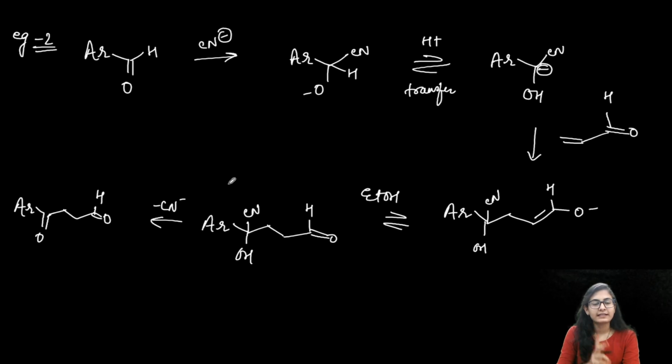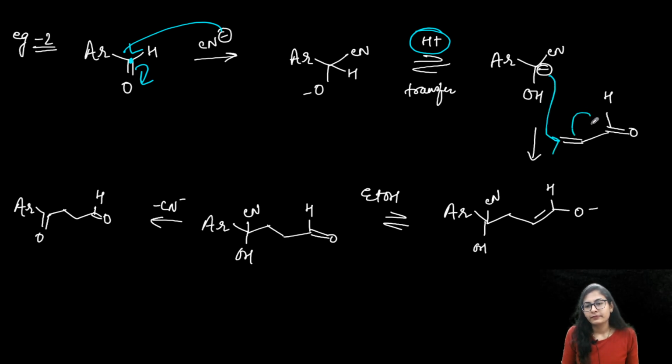Now about the second example that I told you: you are going to have the same aldehyde, you are having the same cyanide, but other than the self condensation which was taking place, now you have an alpha beta unsaturated aldehyde which, after the proton transfer, is going to generate the nucleophile again. Now this is going to give you the conjugate addition on the alpha beta unsaturated aldehyde or the enone system.